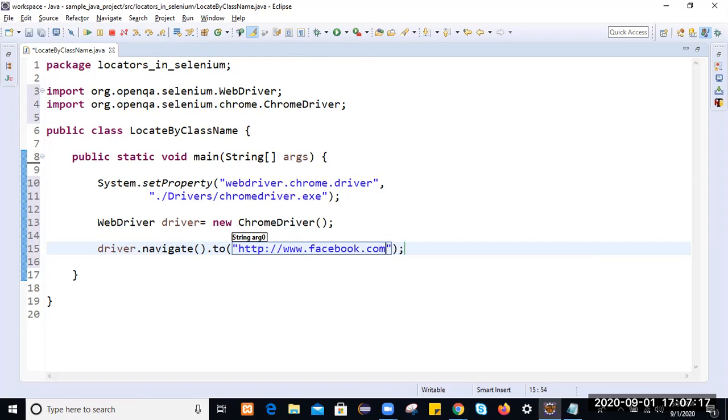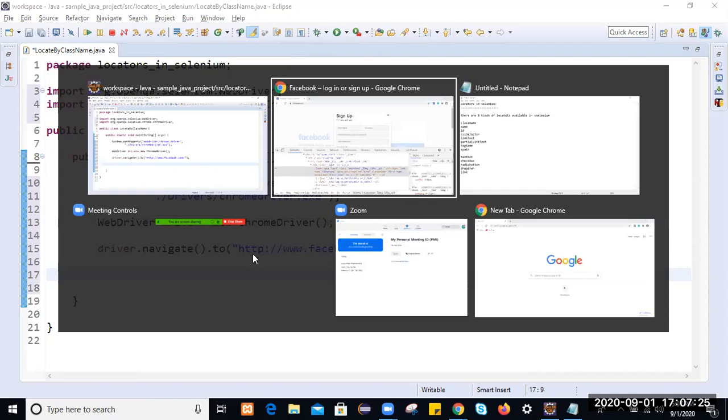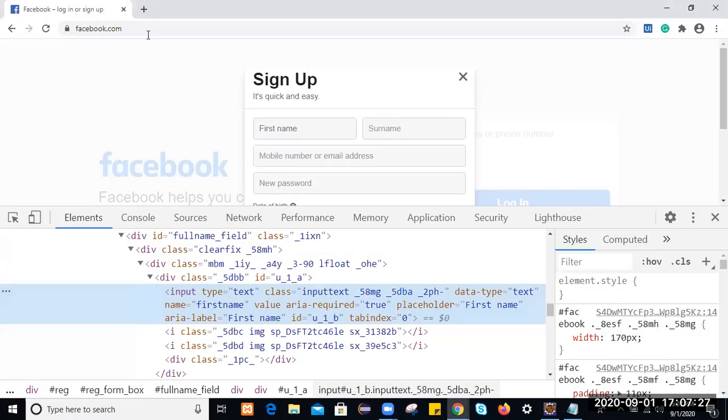We'll use Facebook, and on Facebook we'll try to locate this web element. So this is the Facebook page.